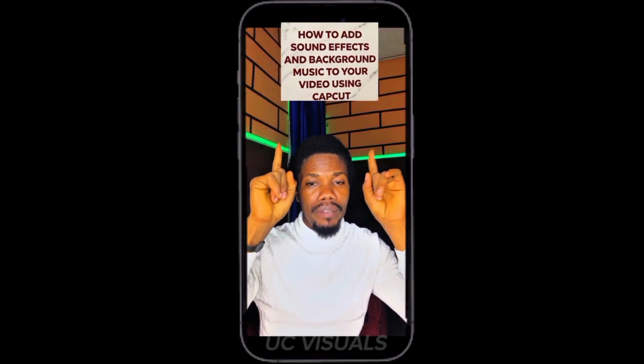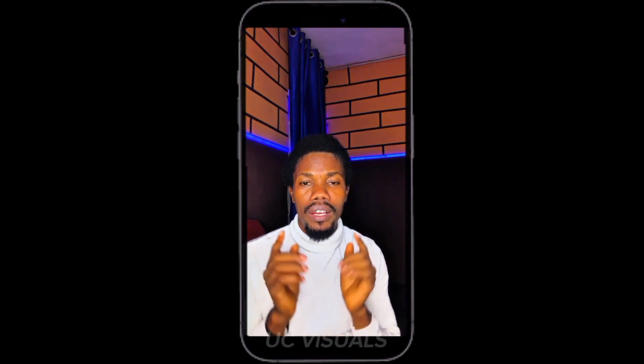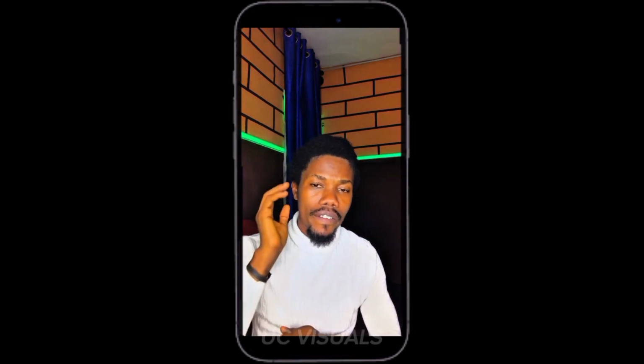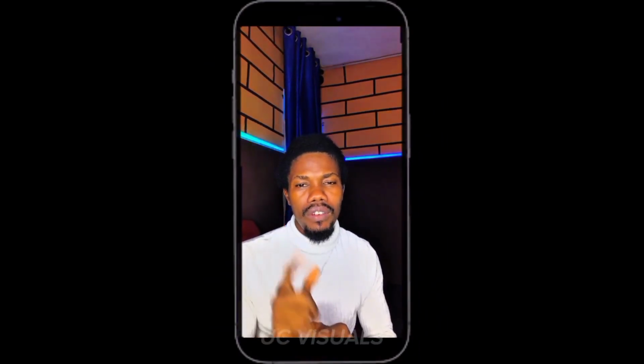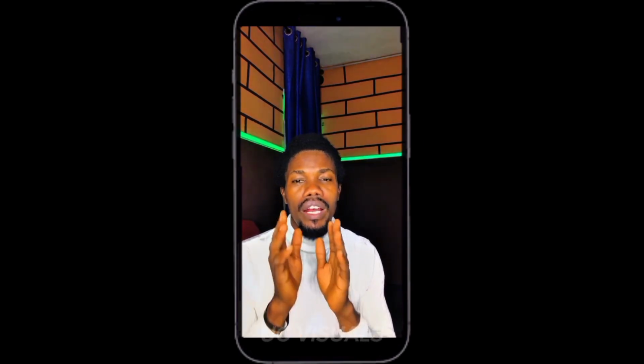Adding sound effects and background music to our video, and we are going to be doing this using CapCut. Then after CapCut, we are also going to do that same thing using our VN editor. Now the essence of this is to allow you export your work after editing, because as you all know that